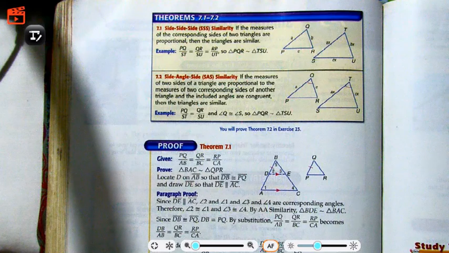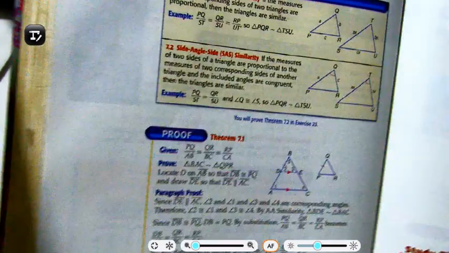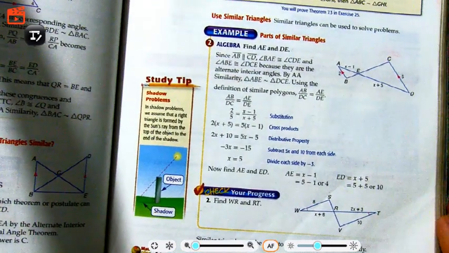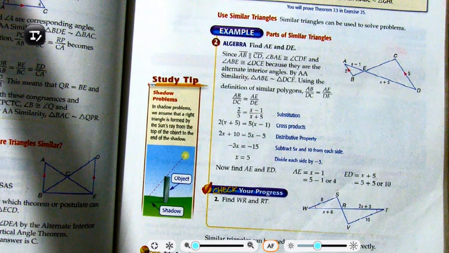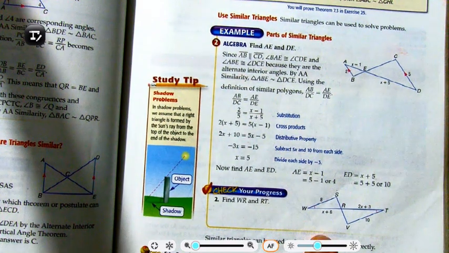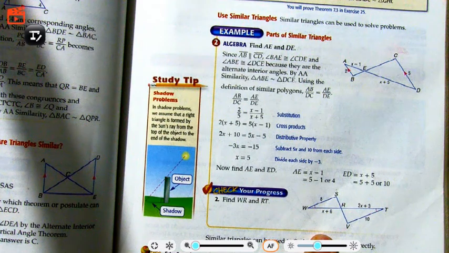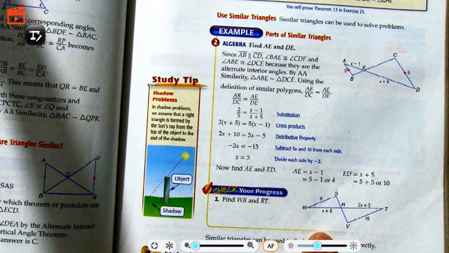Okay? Clear? So I will just explain one example here before I end this short video. So I'll be solving the example. Check your progress under example number 2. Okay, so we have